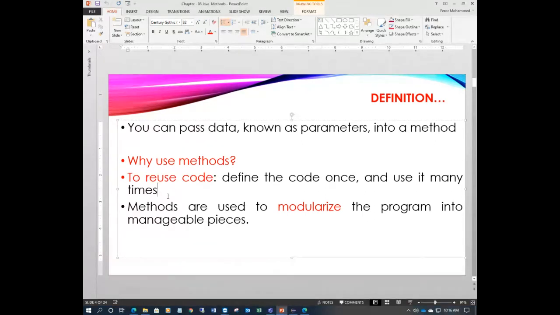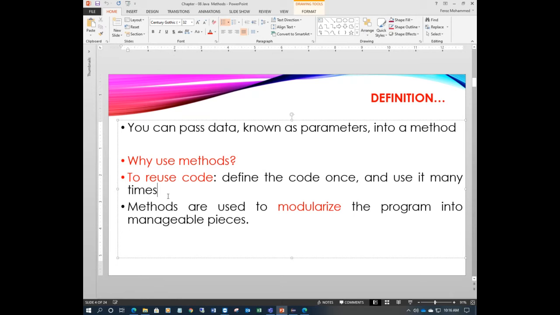You define it only once and use it many times. That is what reusing the code means. We write the business logic only one time, and you can use it multiple times in your program. That is reusability, to save your program code size.